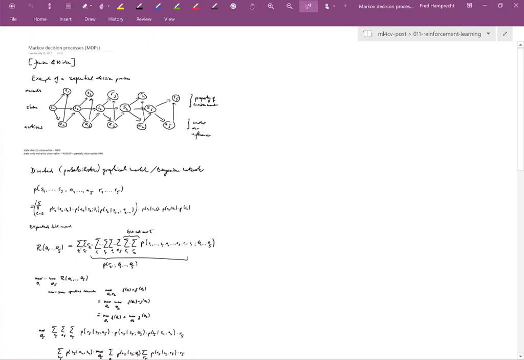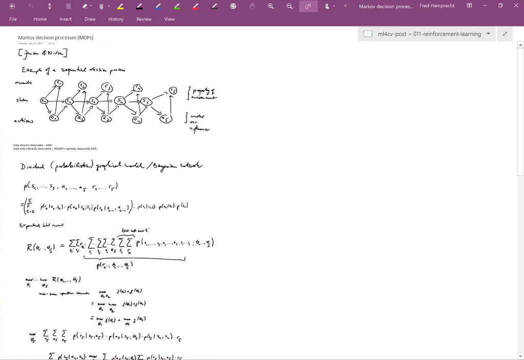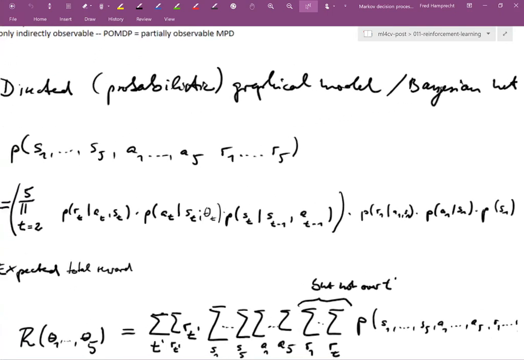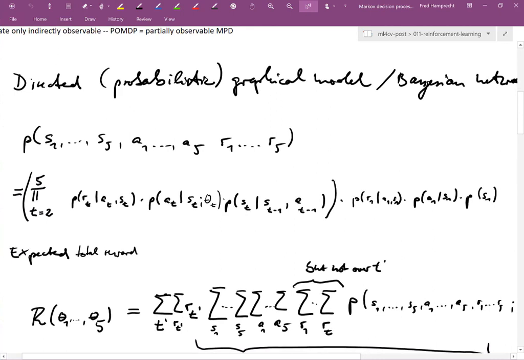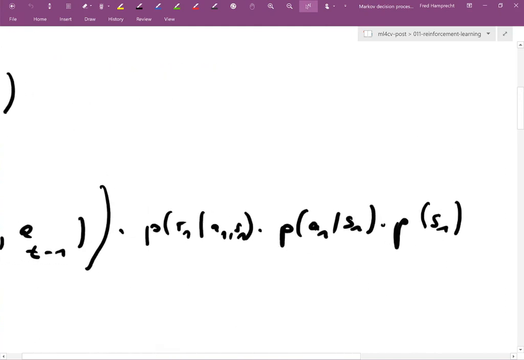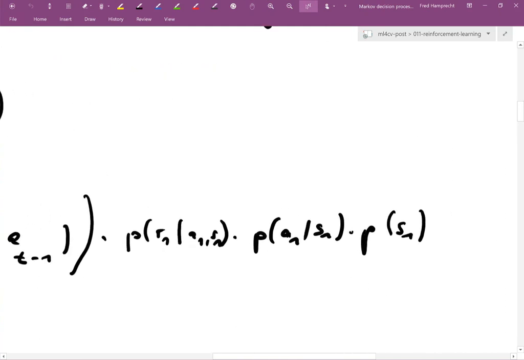Okay, any questions so far? How do we initialize the initial states? How do we assign some values to initial states? That's a good question. If you look at this factorization equation here, we have a P of S1 at the very end of this. Either you know it or you have to make an assumption. This becomes an extra parameter, just the distribution over states at time 1.